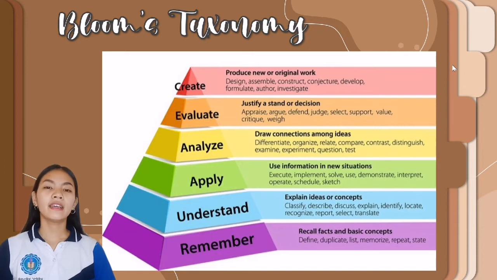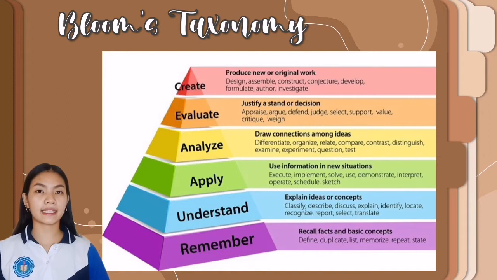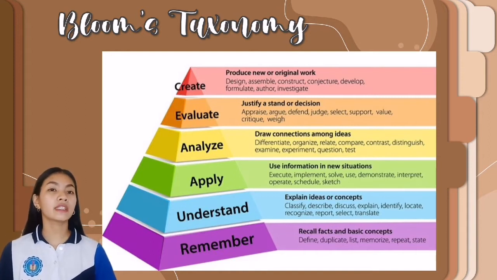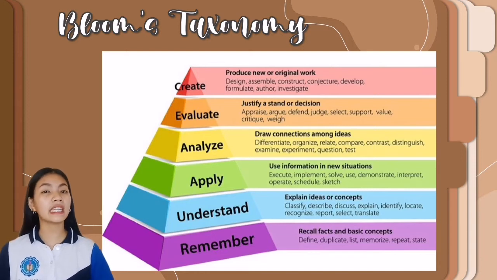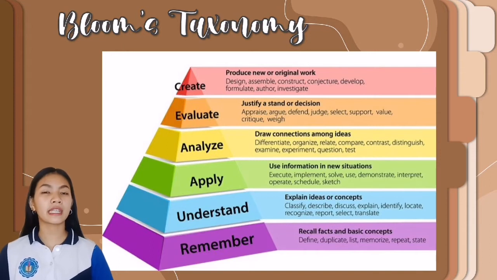As you can see, this illustration shows the cognitive domain, which deals with the development of intellectual skills. So there are 6 major categories of cognitive domain, starting from simple to more complex processes. Starting from remembering, which is the lowest order thinking skills. Here, students will recall previously learned information. So there are different verbs that can be used, which are define, duplicate, list, memorize, repeat,